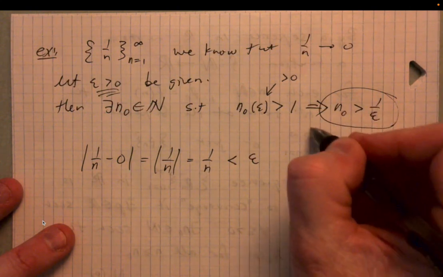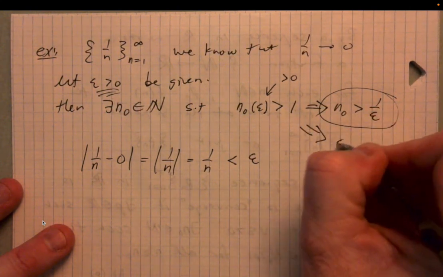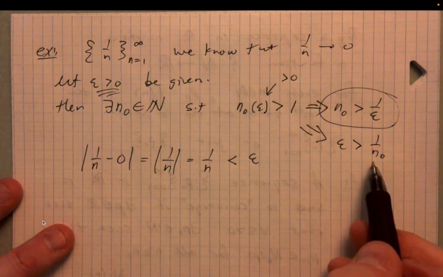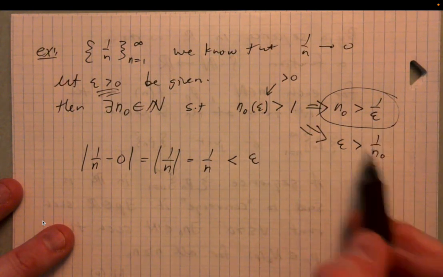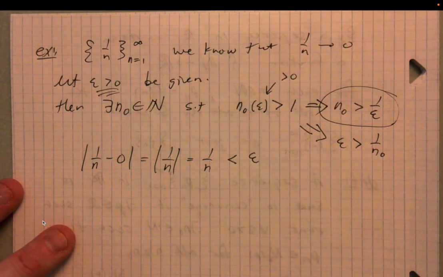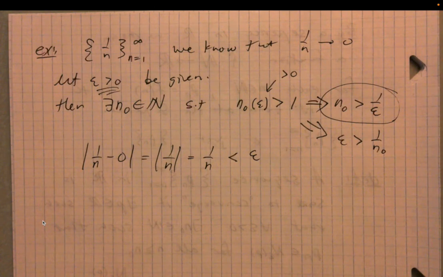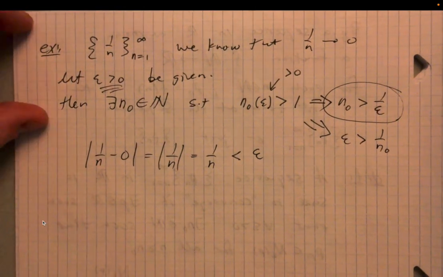Right? Because up here, we would say that epsilon would have to necessarily be greater than 1 over n naught. And obviously, if n is larger than n naught, then this gets even smaller, right? And so the inequality would hold. Okay, I think it's really instructive to see what happens when we have very specific examples